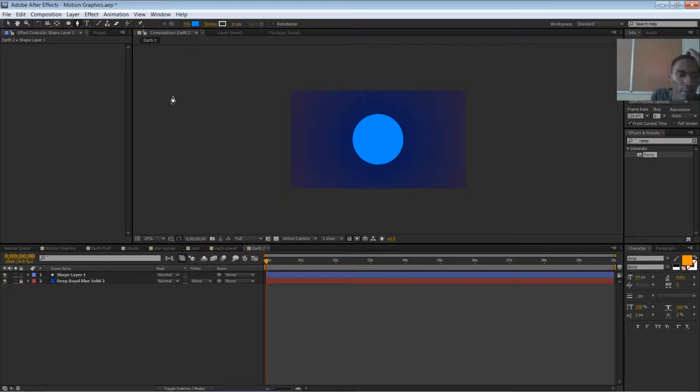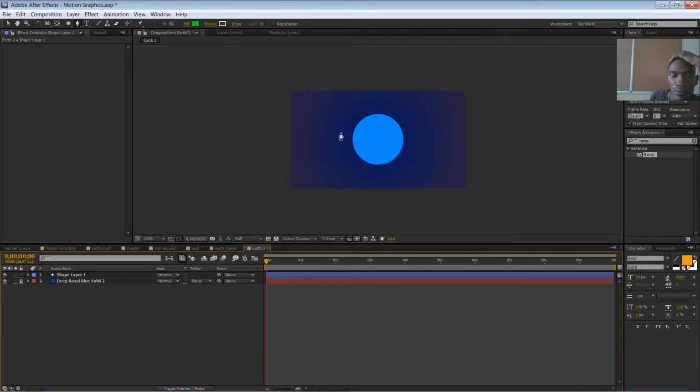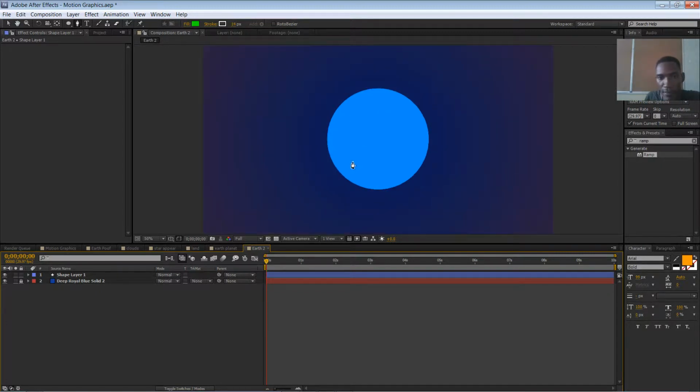Next one, we're going to create a new fill. And the color of that fill is going to be green. So we need a shape that looks kind of like our planet. And I'm just going to be very, very blasé with it. I can't remember what Earth looks like, so I'm just going to do something random as best as I